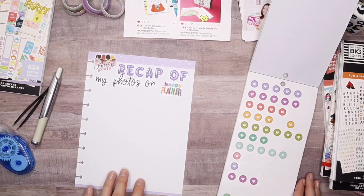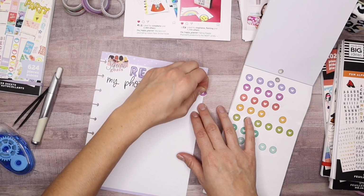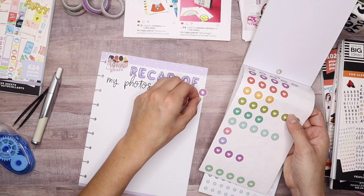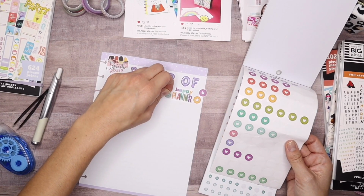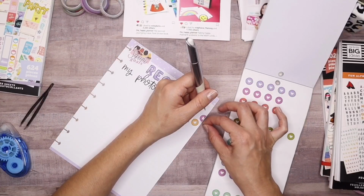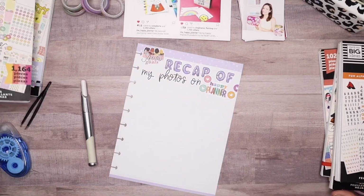Oh, that's cute. I like that. And then we're just going to do some disc. And I will cut some of these because I like when they kind of come off the page. Just like that. Kind of overlaying a little bit on this P. Super cute, and I'm kind of wondering if I should